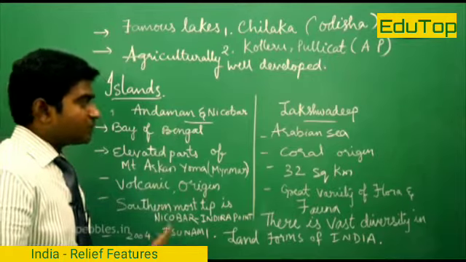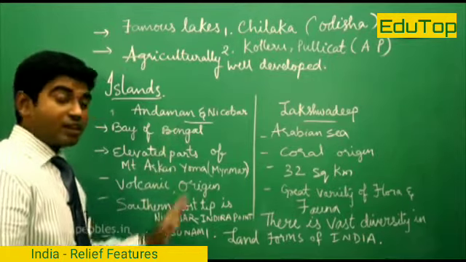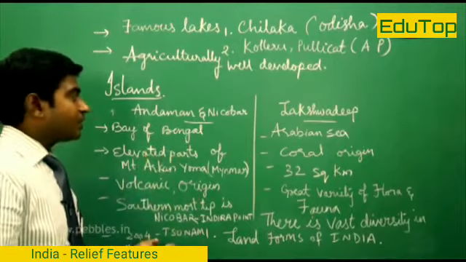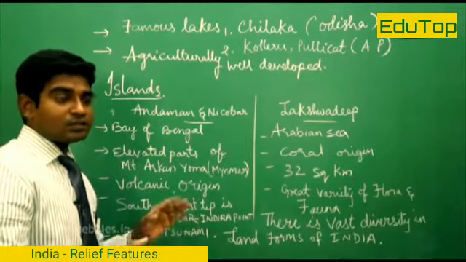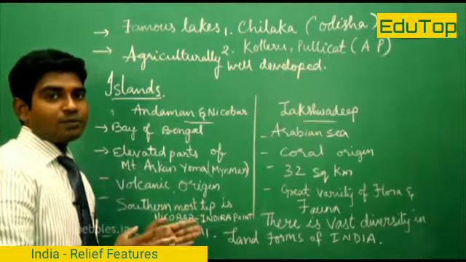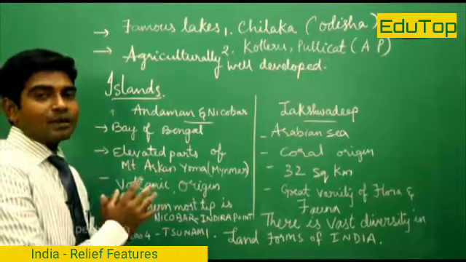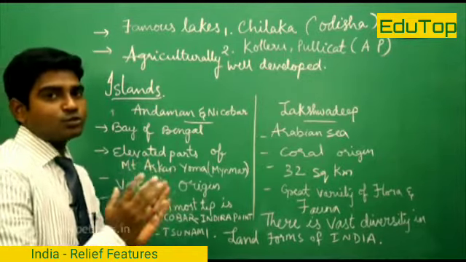These are the basic features of the Andaman and Nicobar Islands. We have a very good number of islands, nearly 230 to 270 islands located here. The number varies because some islands appear during some period and some islands disappear during some period. So we can't get the exact number. It is around 240 to 270.